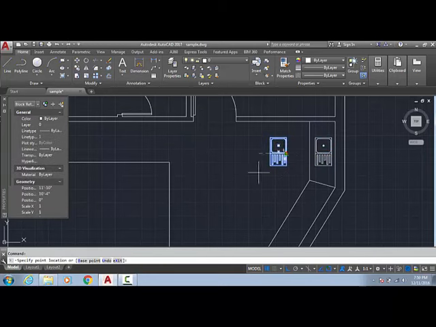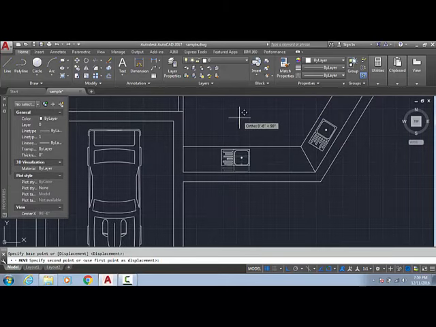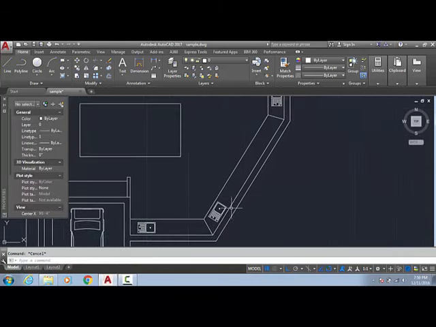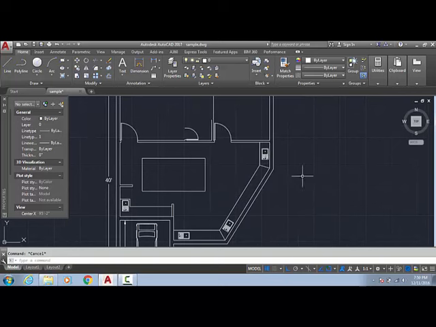Now I can just move it here and move it up. No, I want here and here too. So again I will have to array or copy along the path, or just think I have 20 kitchens like this. Every time I would have to array.